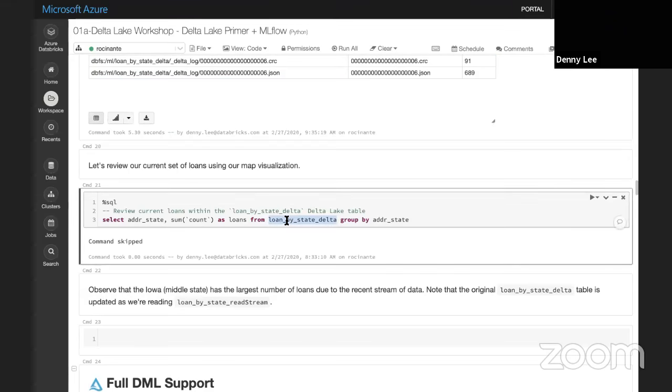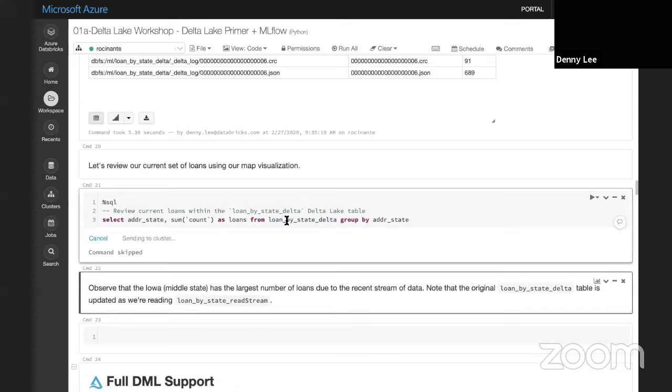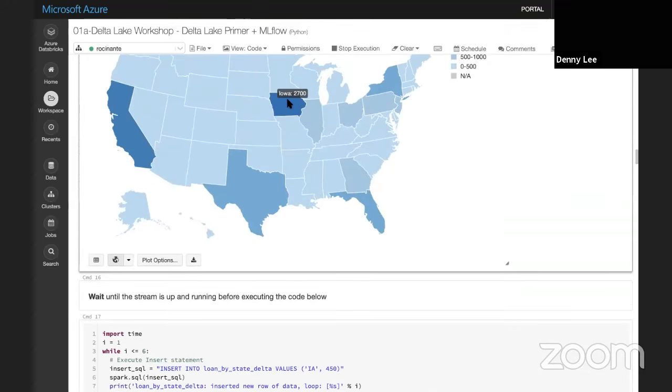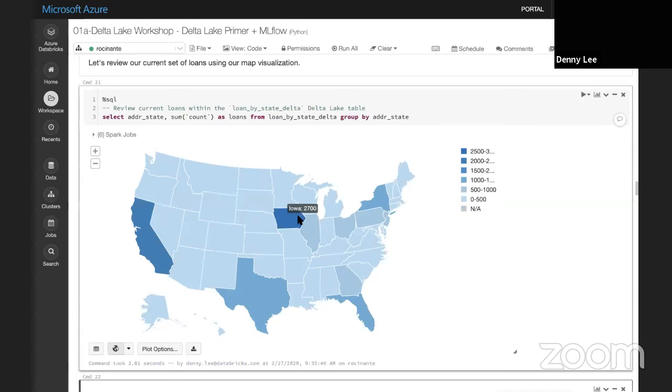And then I can go back to the loan by state delta, right? So in other words, I had the read stream, which was showing it all here. But I can also go ahead and see it back in the batch. And sure enough, this is the same value. It doesn't seem that interesting, but the important aspect here is that now I can read and write, whether it's streaming or batch, to the exact same file system, and I can do so in a reliable fashion, and that in itself is a very powerful thing that I could do.